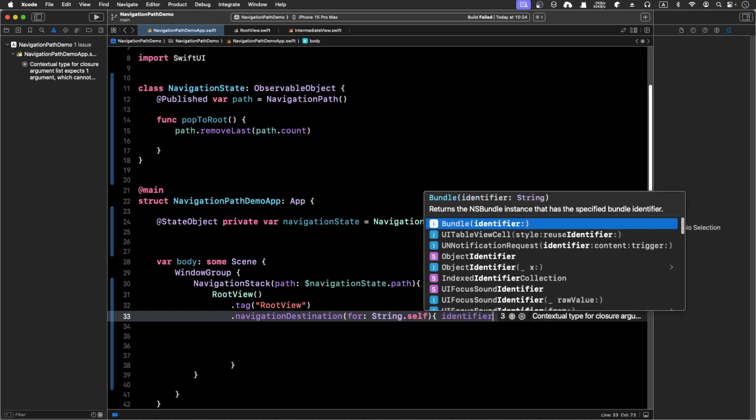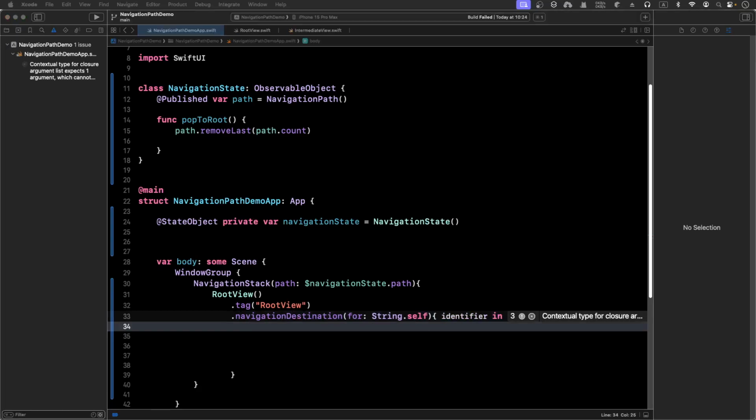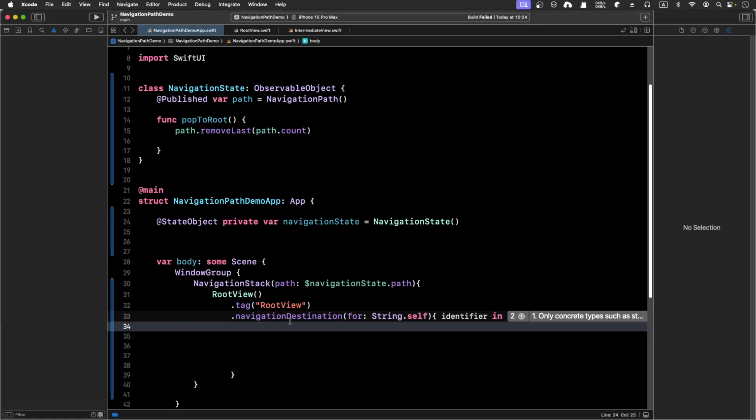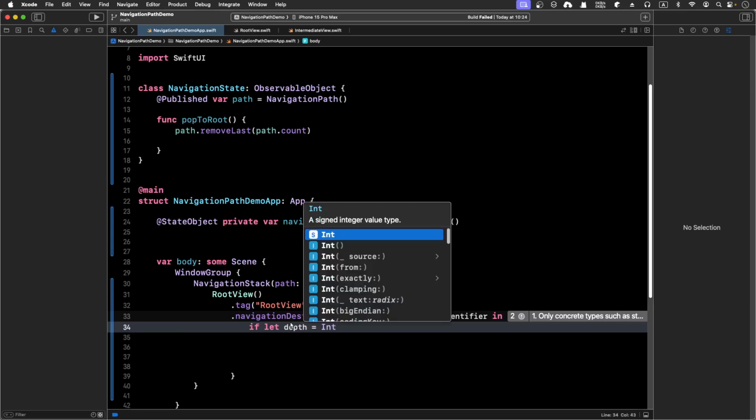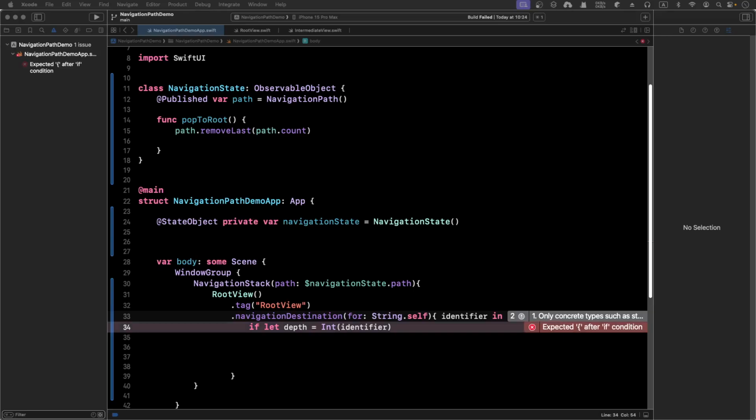Identifier. Okay, identifier. Then I'm going to write the depths. If our depth is an integer and I can access this identifier, we can access that by using dots,